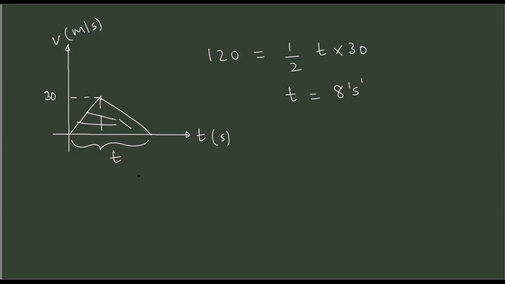See, if you actually plot the velocity time graph, it's much easier. Yeah, I did that. Good. The velocity time graph would give you the answer almost mentally. So it will always be 8, regardless of how it decelerates, provided the displacement is still 120. Yeah, the displacement has to be 120.